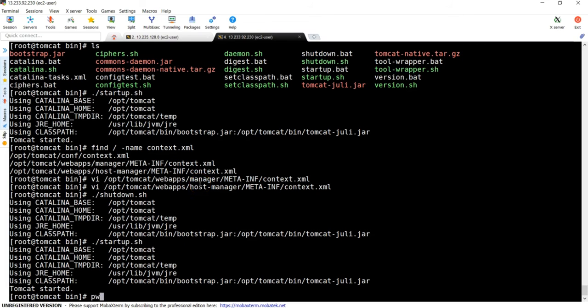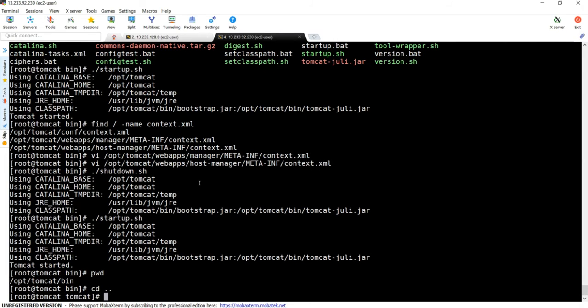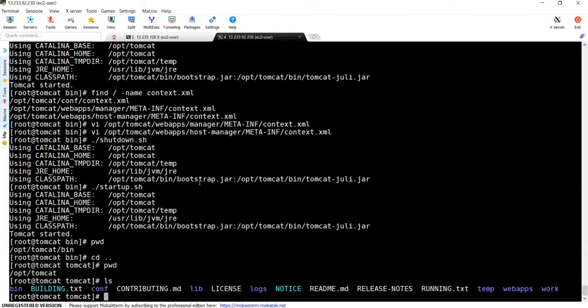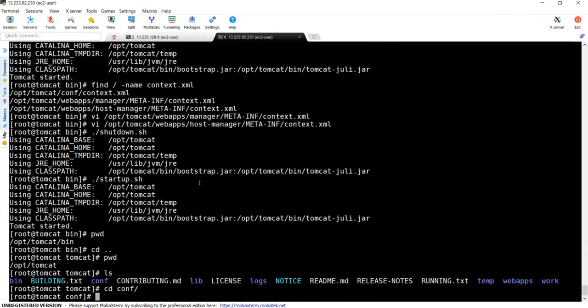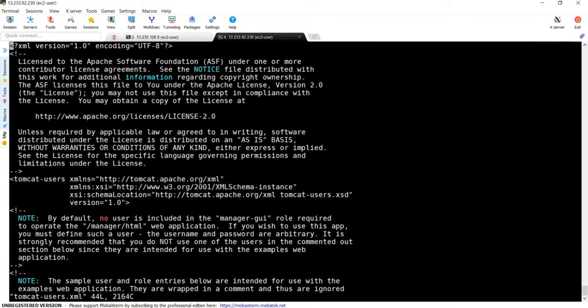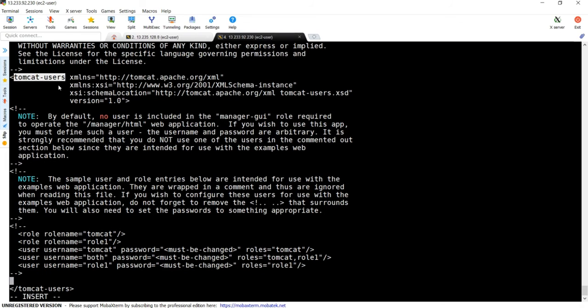So let's go back. Currently I'm under the bin directory. One step back. Again, if I do pwd, I'm under the Tomcat folder. Here you have a conf directory. Edit the file called tomcat-users.xml. Go to end. You must add users under the tomcat-users context. So all the lines are commented out under tomcat-users.